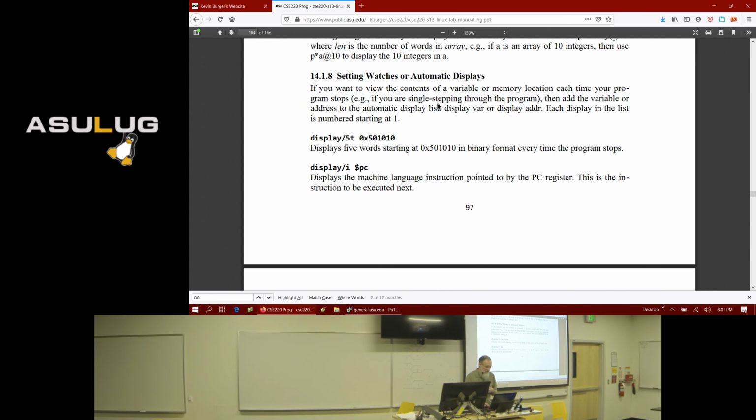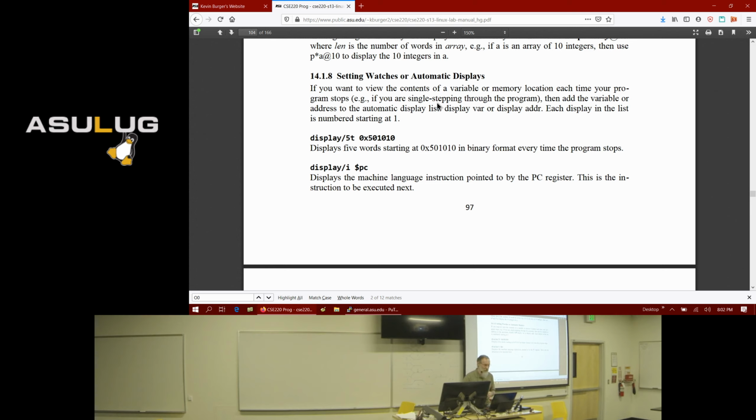Watches and displays. What a watch does is you can add a variable to a watch list. So you can say add variable A to the watch list. And then you can set it up so that when variable A changes value, your program will stop executing. And you can see where you're at and who changed the value of that variable. So if a variable is getting changed inadvertently, a bug, then you can set a watch on that variable. When the value gets changed, your program will stop, and you can say, where am I at, and what line of code just changed the value of this variable.